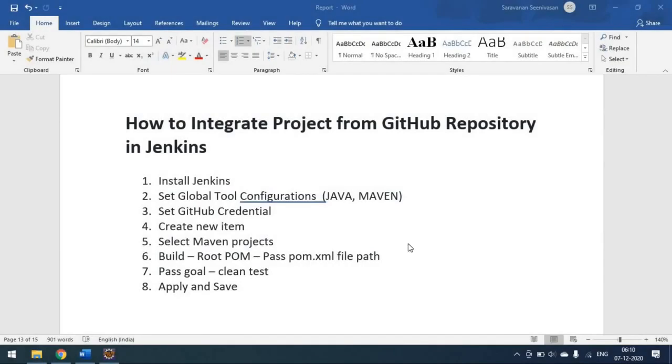Hi everyone. So today we'll see how to integrate a project from a GitHub repository to Jenkins. So far we have created some Maven projects and some freestyle projects, and we were running the code locally, I mean pointing our pom.xml from the local laptop. So now we have to run the same project by using the GitHub repository. We have pushed the same code to GitHub, and we have to integrate our Jenkins with the GitHub